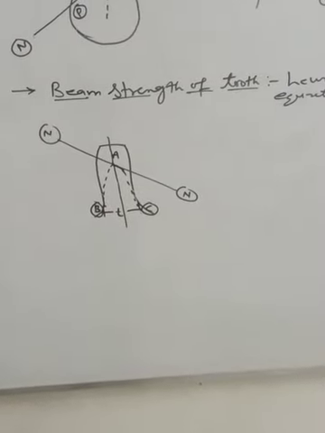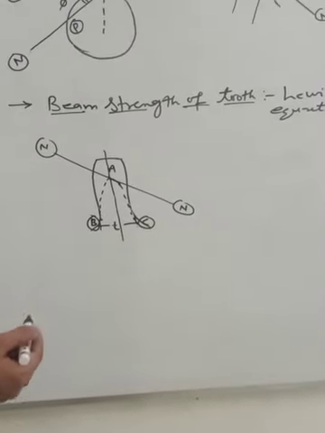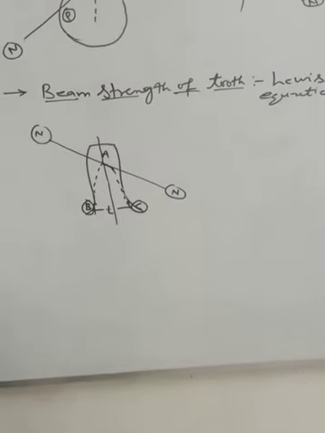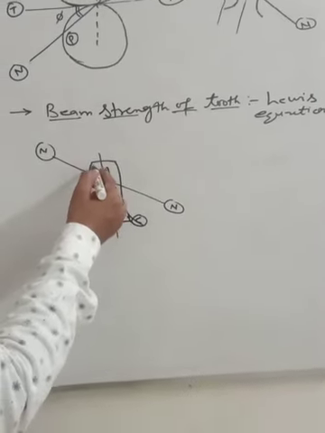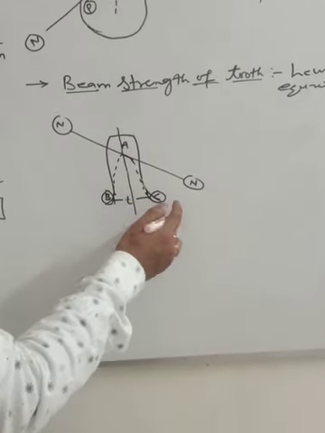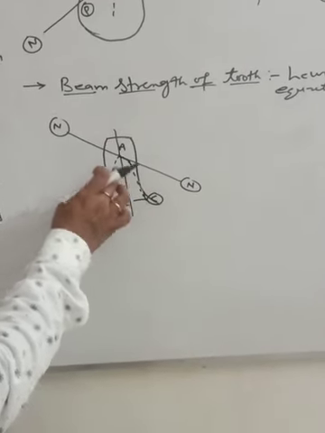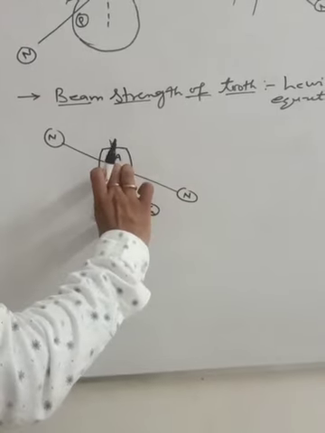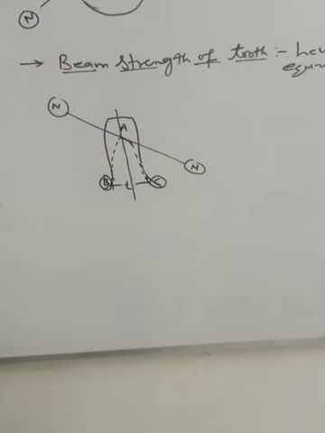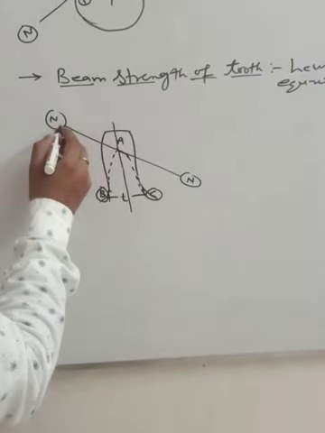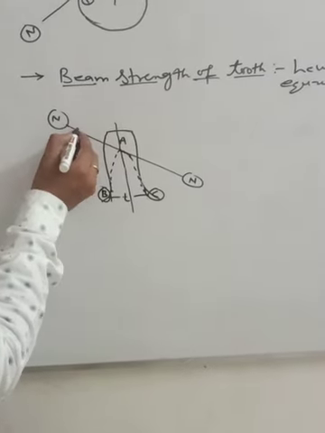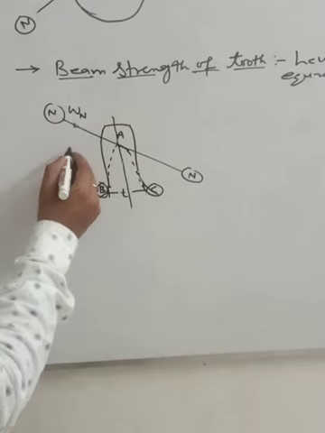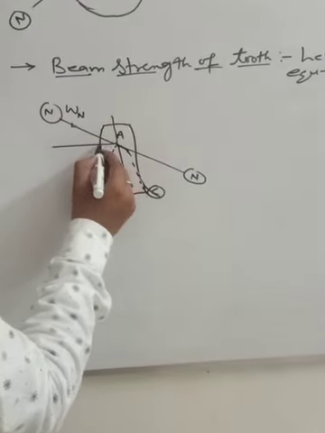And for designing purposes, let us consider this single tooth as a beam, or a cantilever beam. We know that this tooth is attached with the addendum. That's why if the load is acting on this tooth at this point, then this section is considered as a beam. If we are considering the load acting on this line, then the load acting on this line is the normal load, and it has two components.